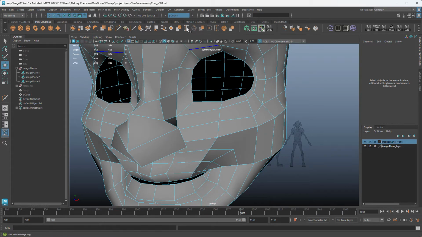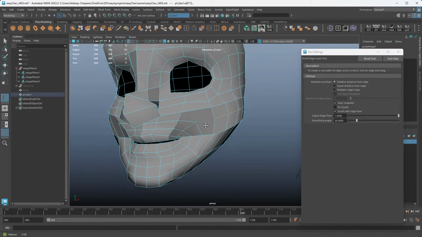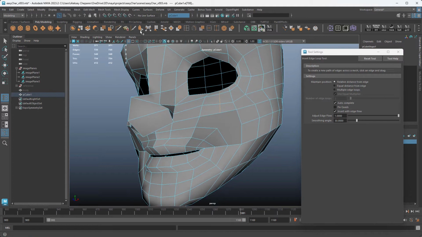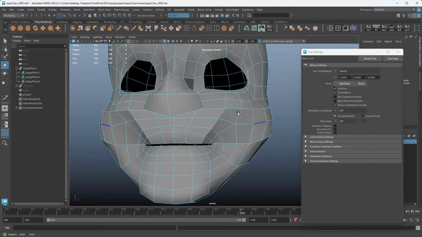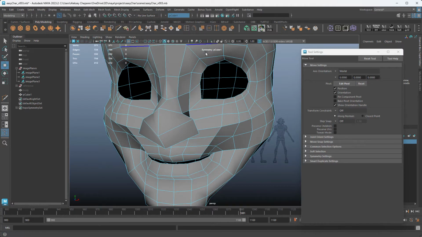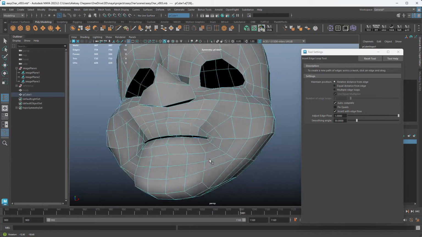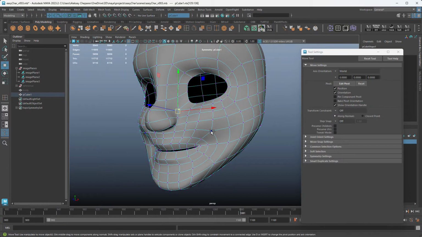then insert edge loop tool, and add one here, which goes all the way around, then one here, there. Then we need a loop here as well. I want to connect this vertex and this one.